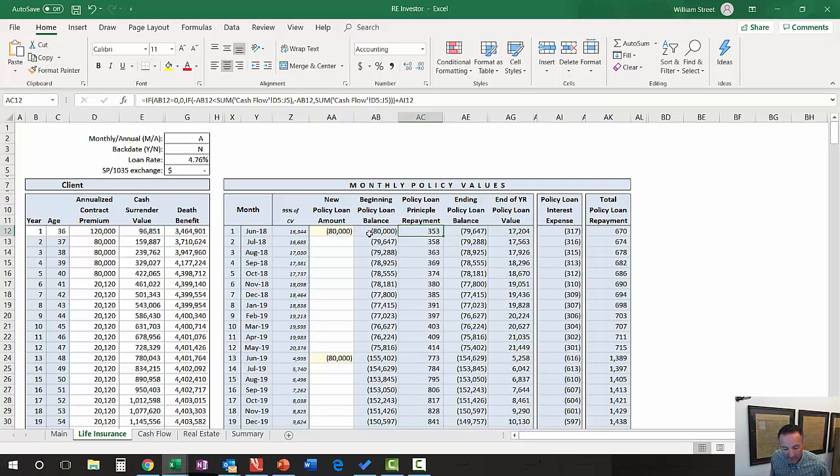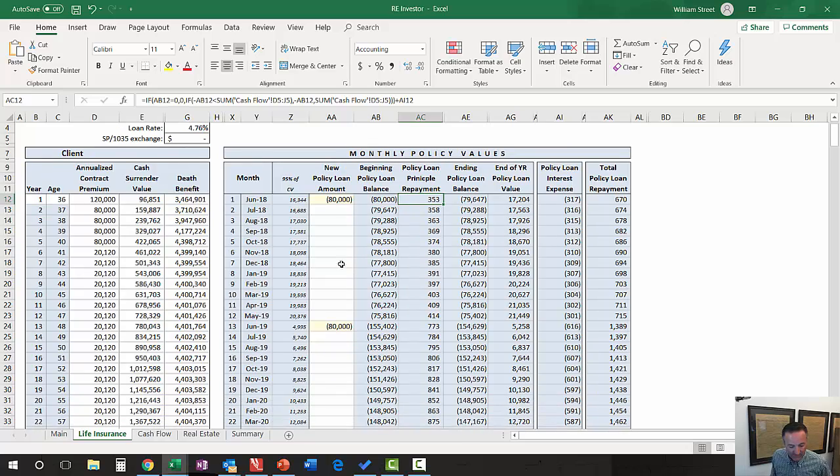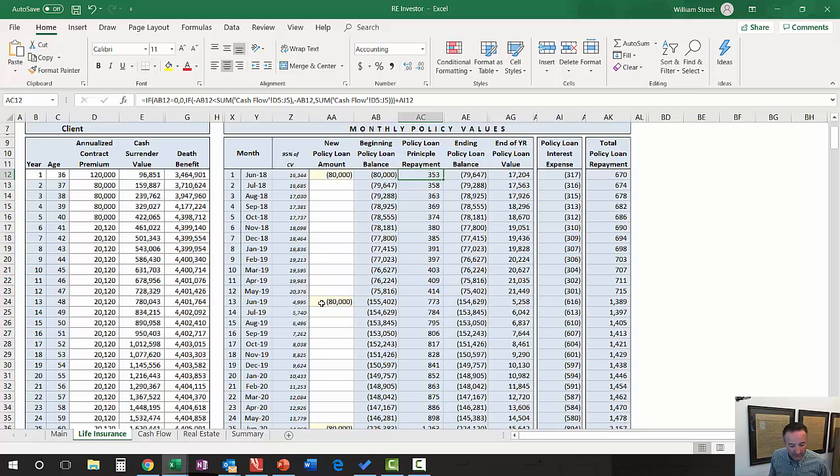So, an $80,000 policy loan. You see our beginning loan balance, you see our ending loan balance, you see the portion of the cash flow being applied to principal, the portion of the cash flow being applied to interest. Okay, so just to keep things simple, on the anniversary another policy loan comes out, 4 new properties are acquired, or 2 or 1, depending upon the type of property being acquired, but an $80,000 policy loan that represents a 20% down payment.